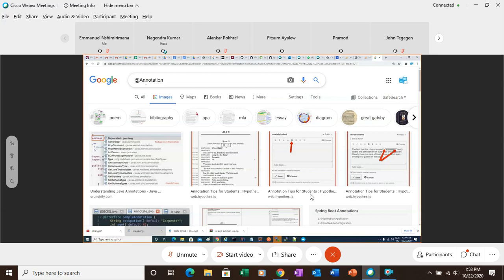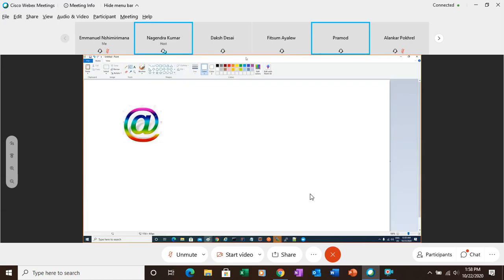Where do we associate it? It provides the metadata about the class. So extra data you can attach with source code, and that extra data can be processed at compile time, runtime, and deployment time. So you need to understand the meaning of compile time, deployment time, runtime. Compile time means the moment when you are compiling your program. So we have three kinds of environment: compile time,